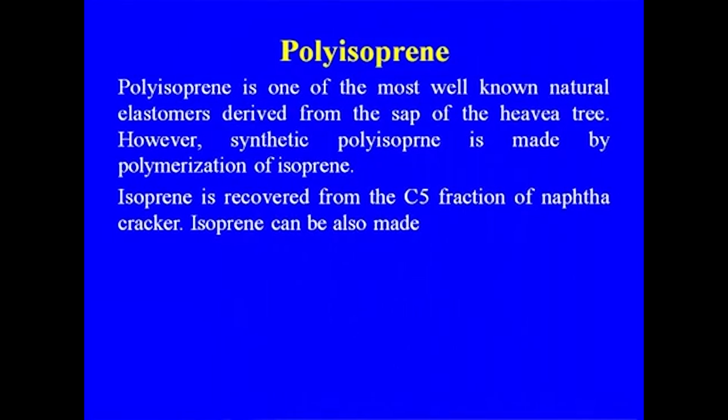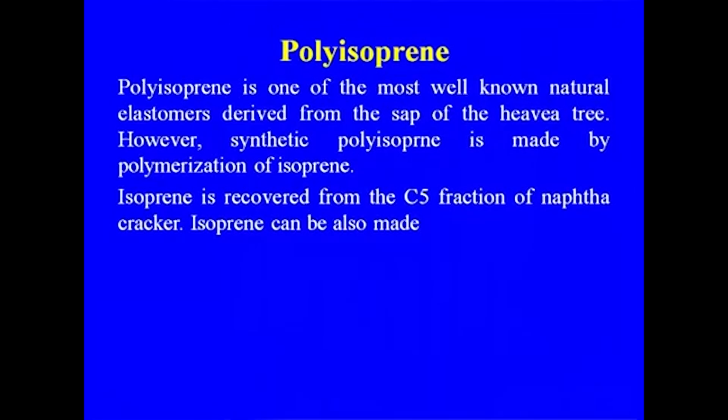Now we discuss another important class of the synthetic rubber, that is the polyisoprene. That was actually the importance in the case of the recovery of the isoprene from the C5 cut. So, polyisoprene is one of the most well known natural elastomers derived from the Hevea tree, because you see the isoprene, that is the natural rubber that we are having. But synthetic polyisoprene is also possible, and that is made by the polymerization of the